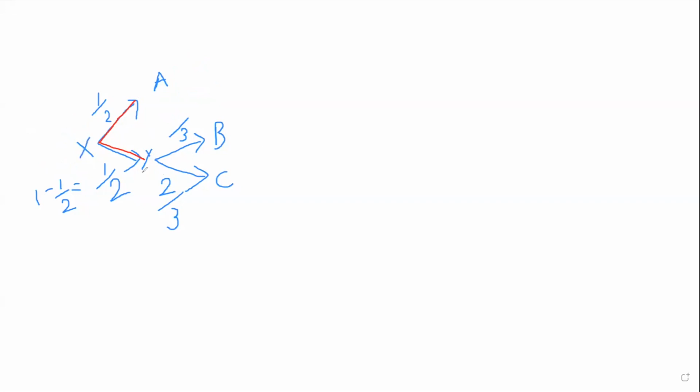So now this X amount of money, we are giving half portion for A, and from the remainder, 1 over 3 is given for B, and the rest is given for C. The first question they are asking: find what fraction that C received from the amount of money that was distributed. So from the amount distributed, he is going to get 2 over 3 portion of 1 over 2.